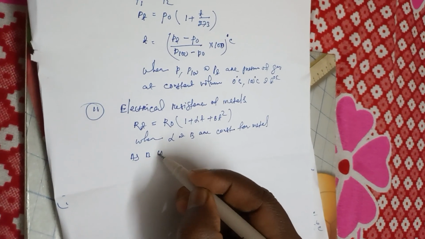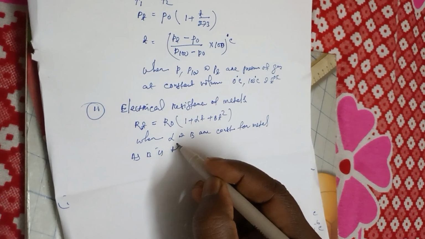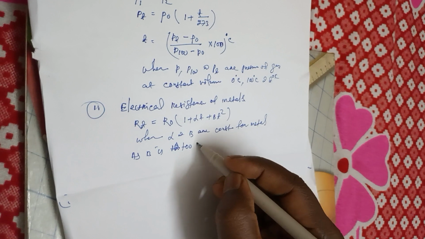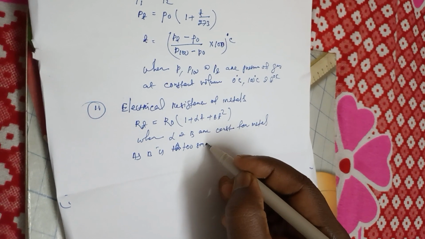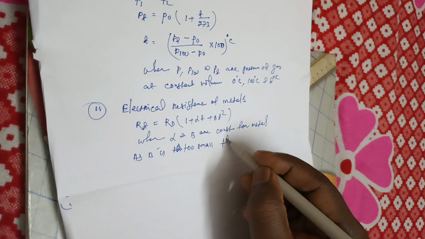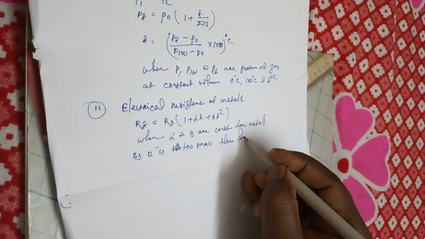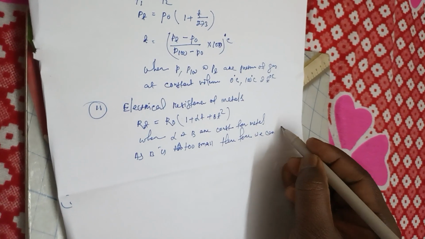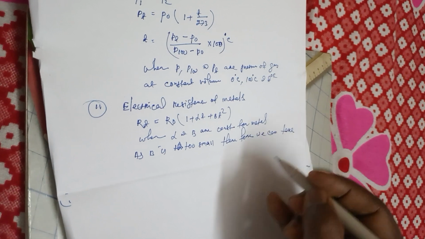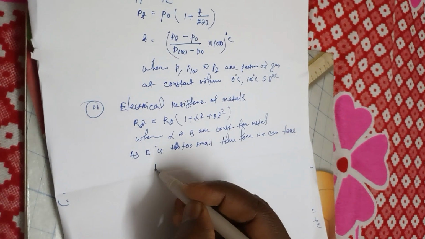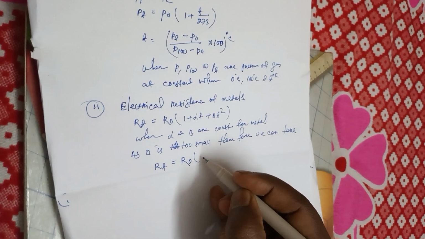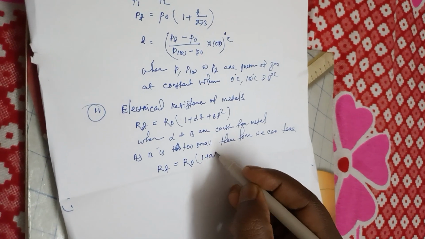Beta is too small. Therefore, we can take Rt is equal to R0 into 1 plus alpha T,